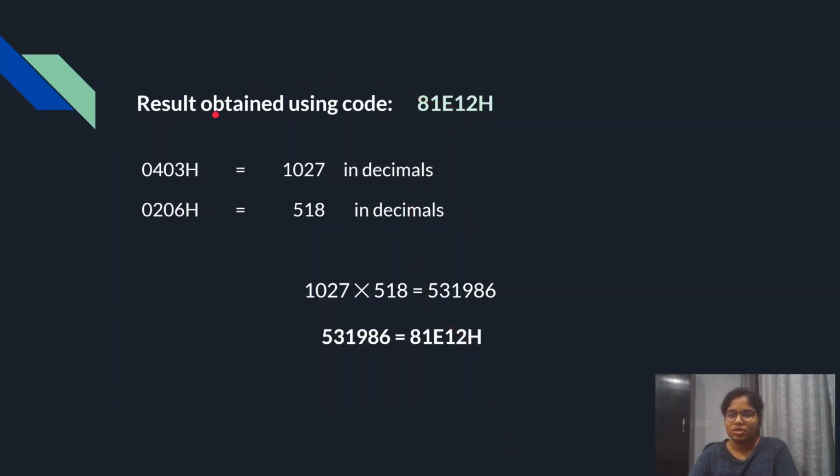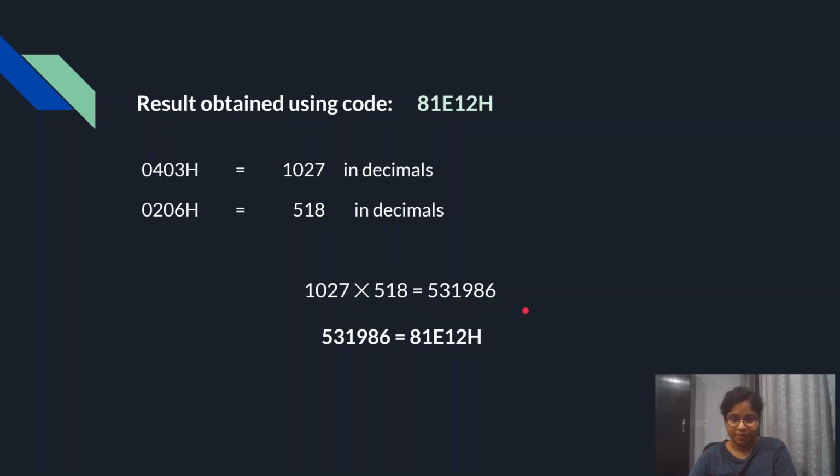So this is the result that we obtained from the code, that is 081E12H. You can check this by yourself. 0403 is 1027 in decimal and 0206 is 518 in decimal. If we multiply these,